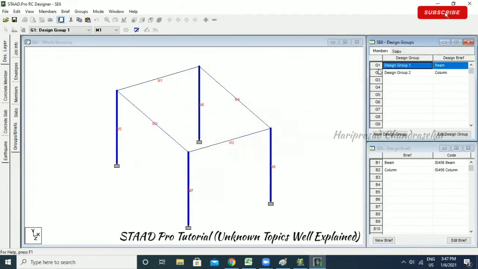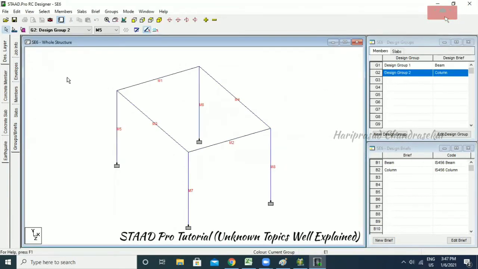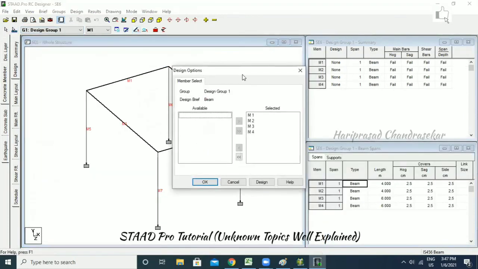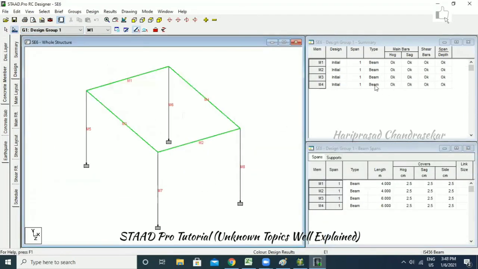Okay, cross check it. This one for this and this one for this. Okay, now I'm just going for concrete member and I can go for selecting it. So go for design. It is showing fail. We will see whether it is okay. Design. Now it is okay because now it can able to withstand the loads because we changed the cross section. Okay, this is also a concrete design. And again, I'm just going for design.